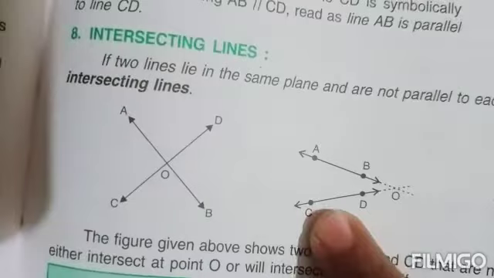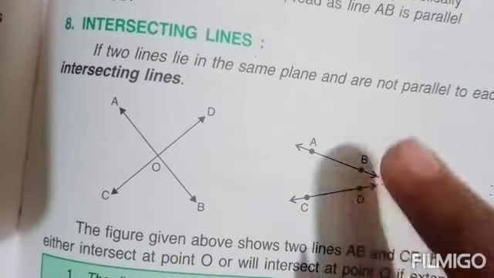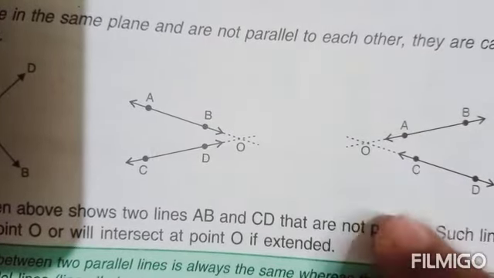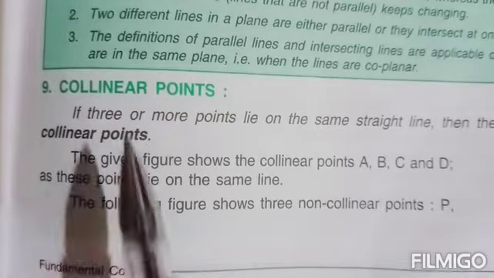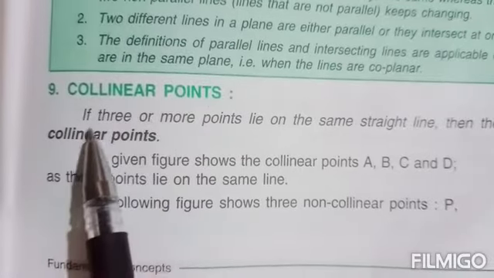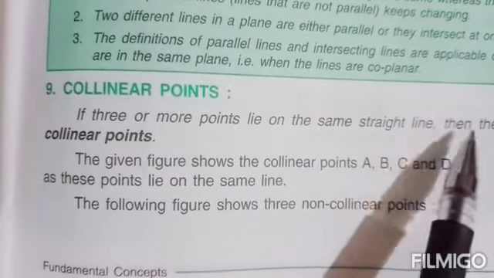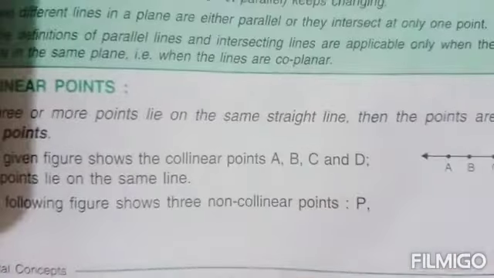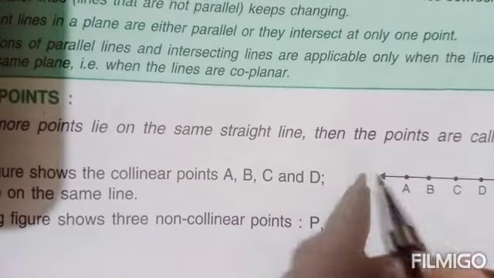So here you can see in this diagram, these are intersecting lines. Similarly these two lines are also intersecting lines. Okay, if we extend they will intersect at one point, that's why. Now ninth one, collinear points. If three or more points lie on the same straight line, then the points are called collinear points. Okay, so here you can see in this diagram the points A, B, C and D lie on the same